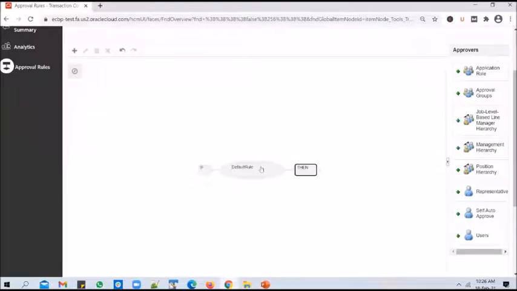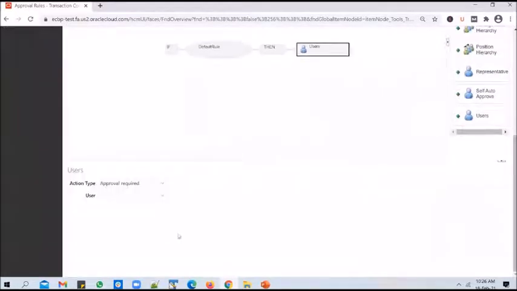So I want to send all the jobs to fusion.func user for approval. I'll select Users and add it in. When I select Users, it gives me an option to configure it. When we are sending the transaction to a user, you can send it in two different ways. You can send a for-your-action kind of notification, where a user will have approve and reject buttons, or you can send a for-your-information kind of notification, which just lets them know that something has happened. Here we want to send an approval required notification, not an information only notification.